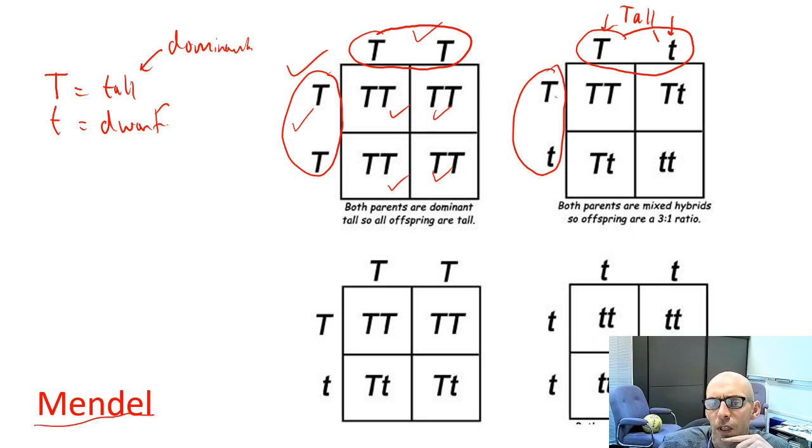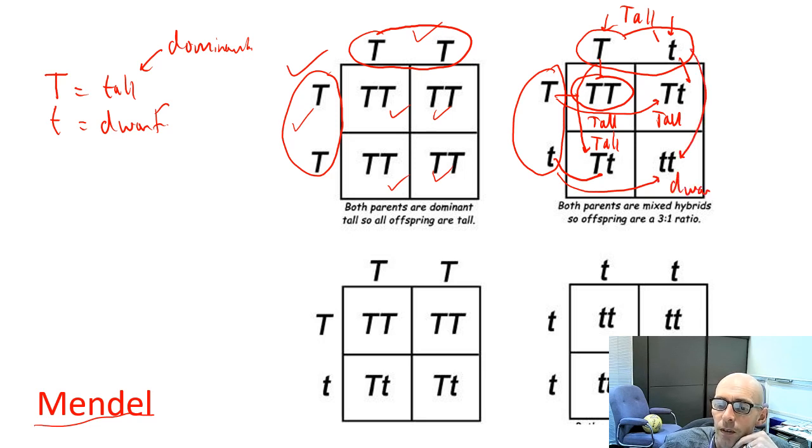So when you add up your rows and columns, capital T and capital T, this one is a tall plant. This one was given a dwarf gene and a tall gene. It's a tall. I'm going to write tall for the first one, tall for the second. This one got a tall gene and a dwarf gene. Still going to be tall. This one received a dwarf gene and a dwarf gene. It's going to be a dwarf pea plant.